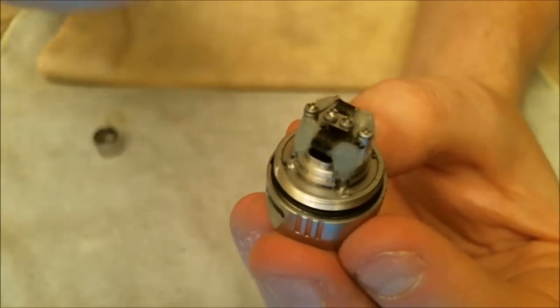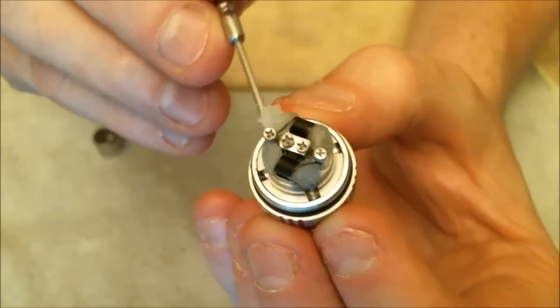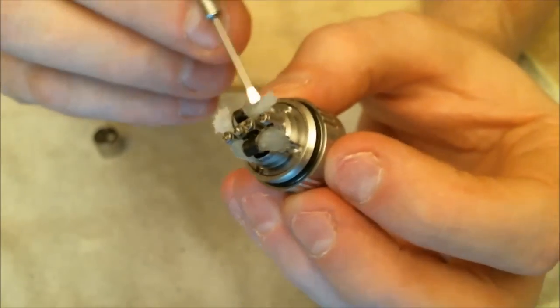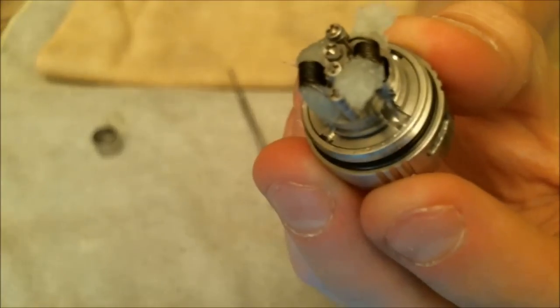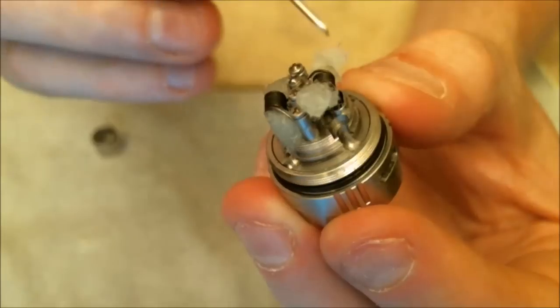As you can see here, let's just move this cotton out of the way, and I can push it back in again. Let's get some better focus on that. As you can see here, we have 4 of these